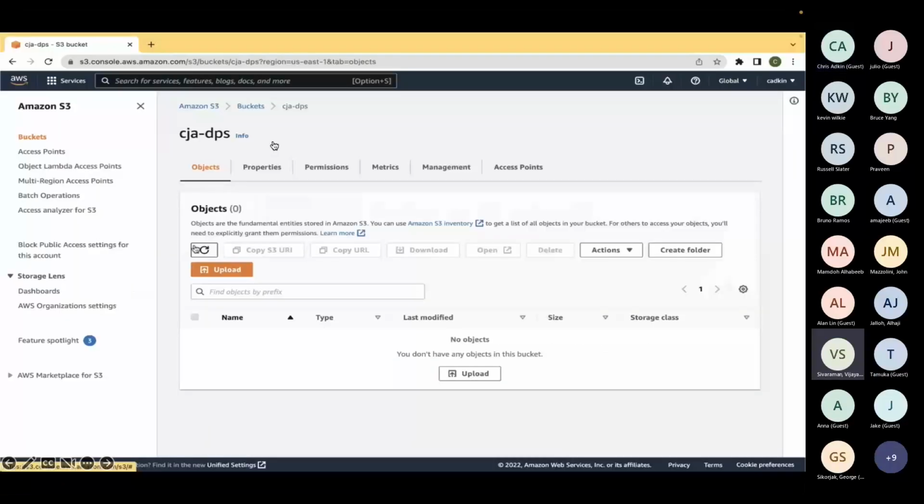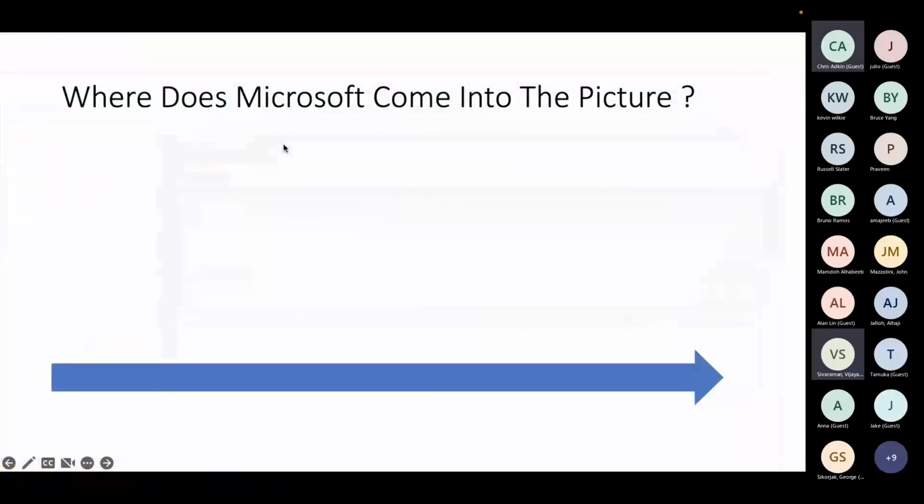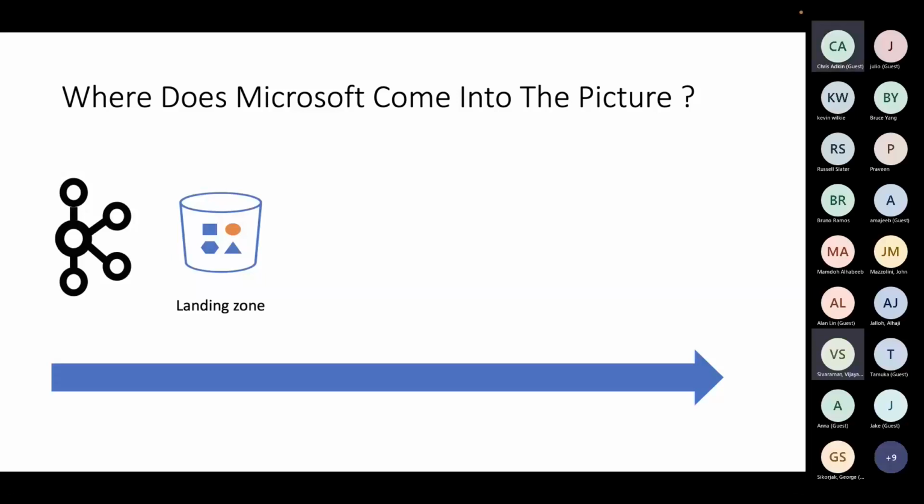I've given you the demo live. So where does Microsoft come into this picture? A bit of a spoiler: I mentioned this up front in the title, so I've kind of given it away that it absolutely does. A simple pipeline. A popular means of landing the data, and I'm not saying that you should do this, but depending on the use case, you may want to, is to use some sort of streaming tool such as Kafka,